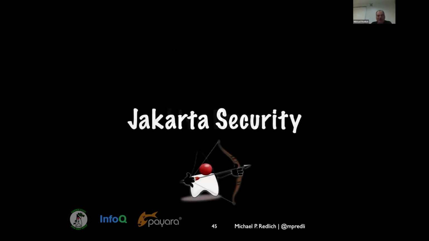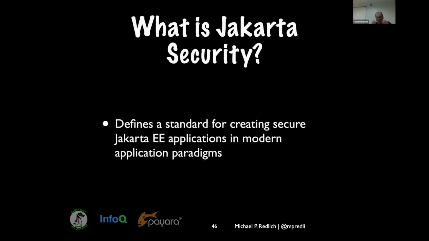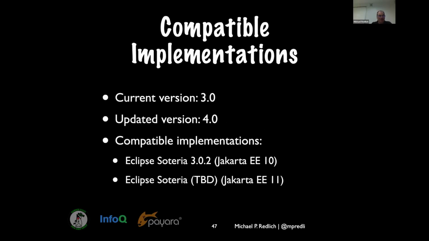All right, so I did the live demo already. So, Jakarta Security. This defines a standard for creating secure applications, right? The current version is 3. The updated version will be 4. And in Jakarta EE 10, Eclipse Soteria is the compatible implementation. And then a to-be-determined version of it will be for Jakarta EE 11. I have not looked this up yet to double check if they've defined that, but it will be something newer,